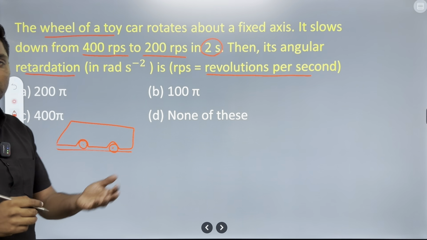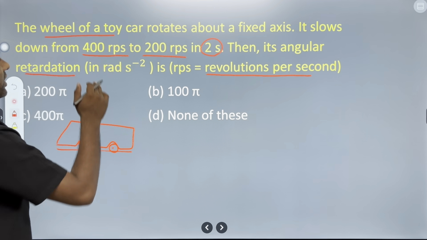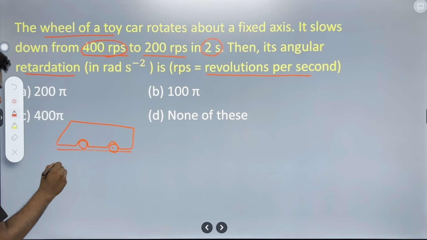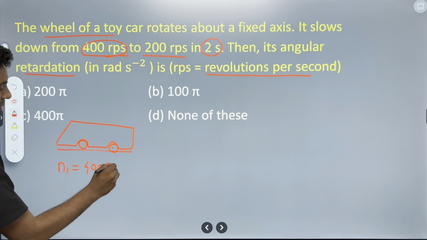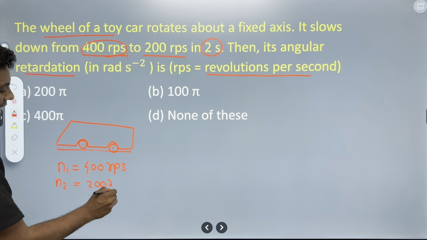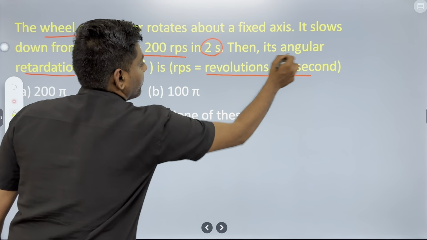Remember, retardation means whenever we apply the brake, that acceleration is called retardation. And what is the RPS given? That is the frequency of revolution given. That is N1 is 400 RPS and N2 is 200 RPS. And we have to calculate